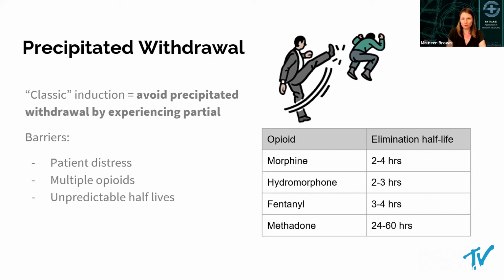Now, there's obviously some problems with this. One is that it's not very patient-centered. It's really distressing to patients to think about having to plan to go into withdrawal. I have personally had many patients express to me that that's a big barrier for them. The other issue is that there are many of our patients that don't just take a single opioid. As we've heard about in some of the policy talks already, many of the non-prescribed opioids that are circulating have multiple different agents mixed together. They might be laced with something. And so it's difficult to predict the half-life or the time to withdrawal.